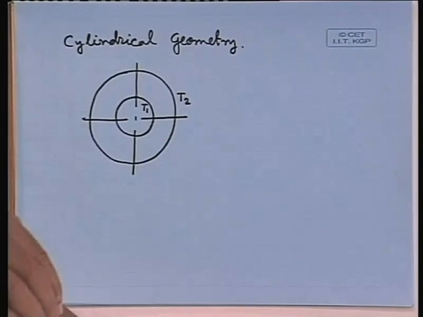So, obviously, if T1 is greater than T2, then from the inside surface heat will get transferred to the outside